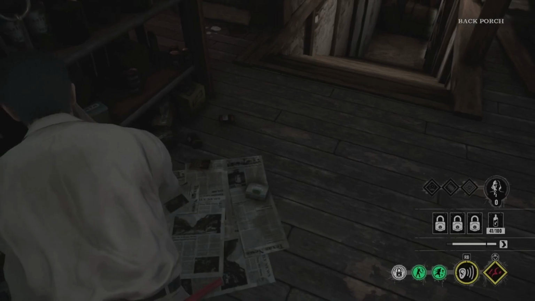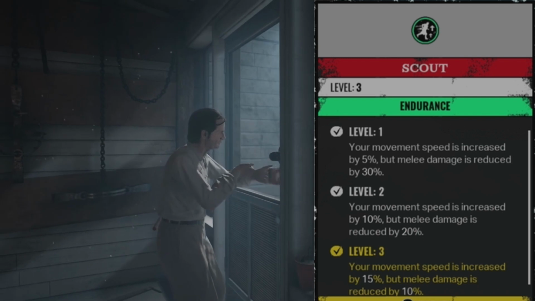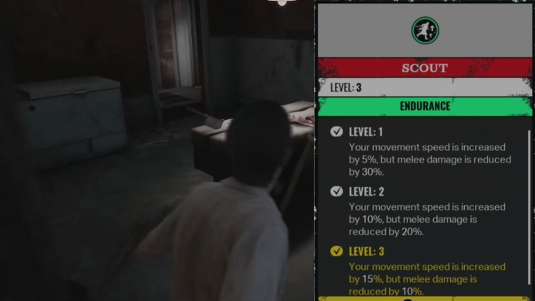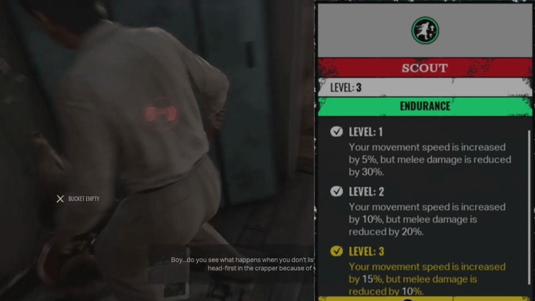Next, you will need to equip the perk Scout. And I'm warning you now, it is a bit of a nightmare using this perk at level 1 and 2 because your movement speed is slowly getting faster, but your damage is reduced by 30%. I promise once you fight through this, it will be way more rewarding once you reach level 3. Your damage will be reduced only by 10% and your movement speed will be increased by 15%, which makes a